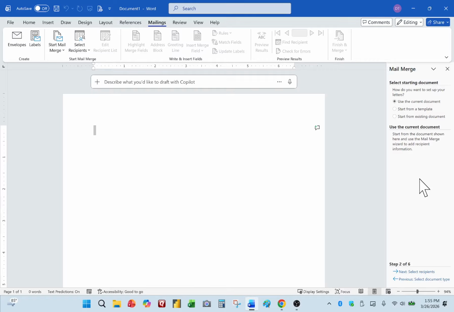But if you happen to have a template, such as a bad check letter that you've already got the fields in there set up, you can just open that one. The same thing with the existing document. You didn't save it as a template, but you saved it as just a regular document. And so we're just going to use the current document, start from there, and let's click on next to see